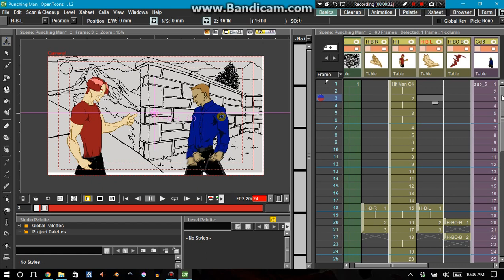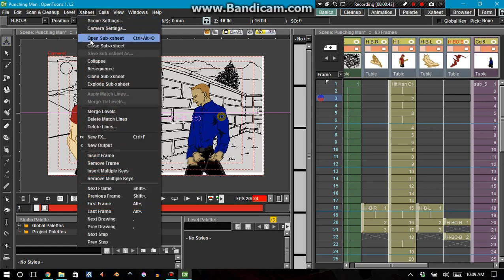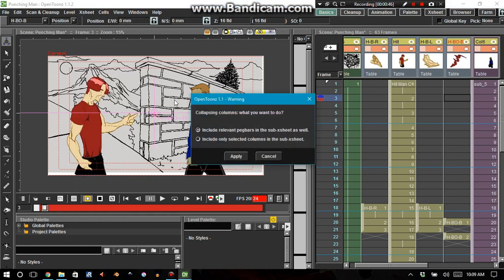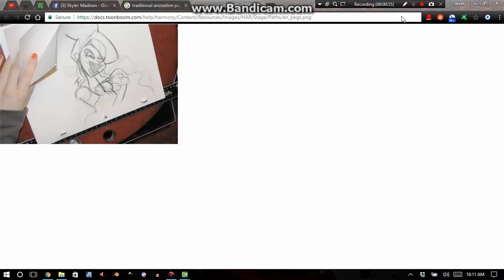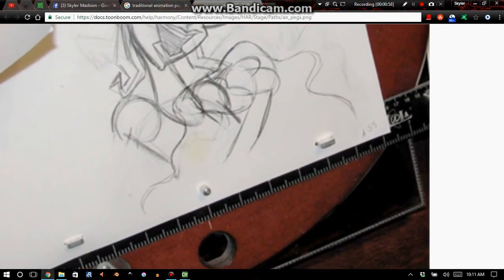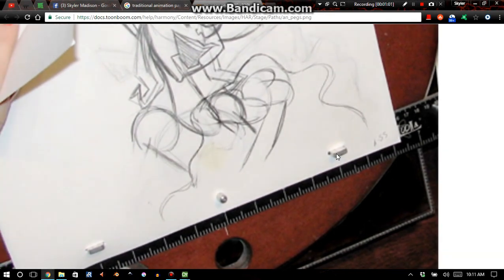So anyway, one of the things I said that I was hesitant about with the last recording was this, where you grab all of your columns that relate to a character and you collapse them into a sub-X sheet. Originally I was thinking that peg bars related to something that dealt with traditional animation. I thought it had something to do with this right here. I don't know much about traditional animation in terms of doing it with a light table and everything like that. But basically, this piece of paper came from